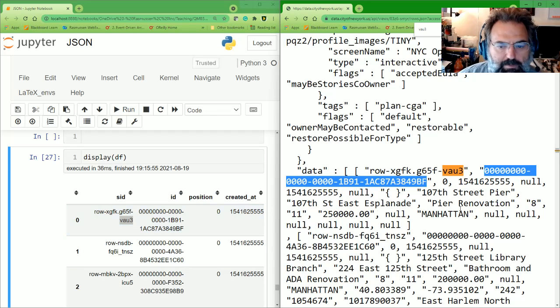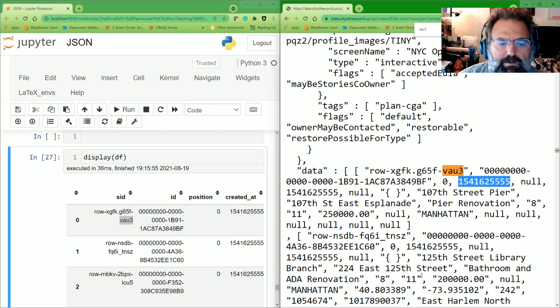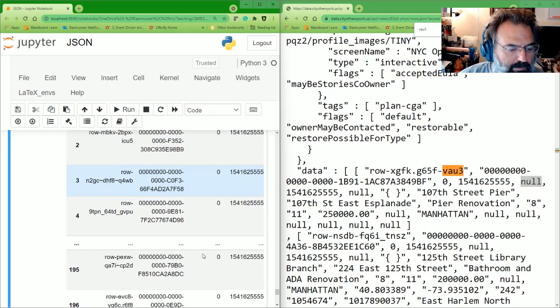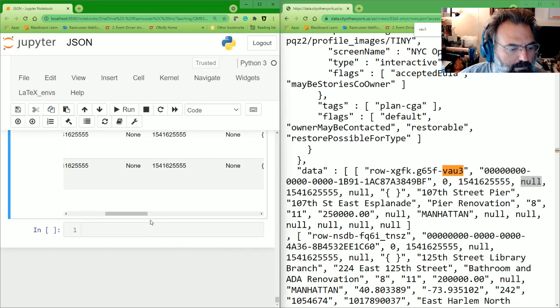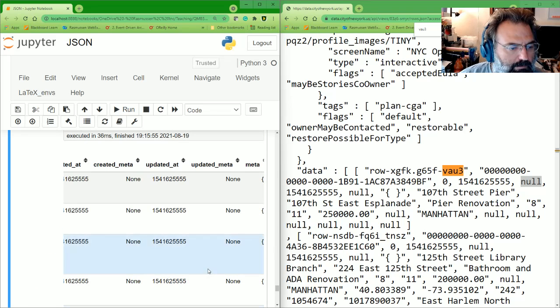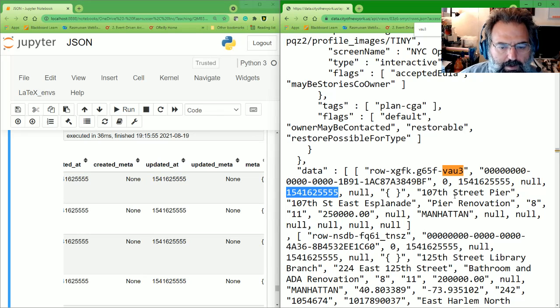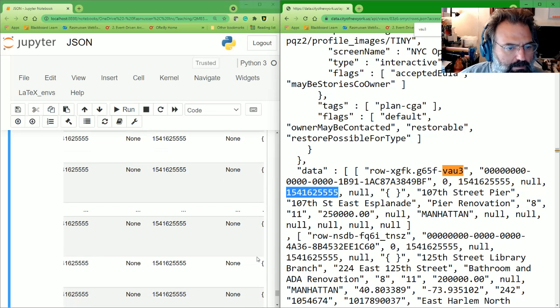So we have position, we have a created at. That's probably a Linux time. We would want to convert that over because that's probably the number of seconds since some magic date. The next thing is null. So if we scroll over, the next column is none for created metadata. Then there should be an updated at, which happens to be the same as the created. Then some metadata that's empty